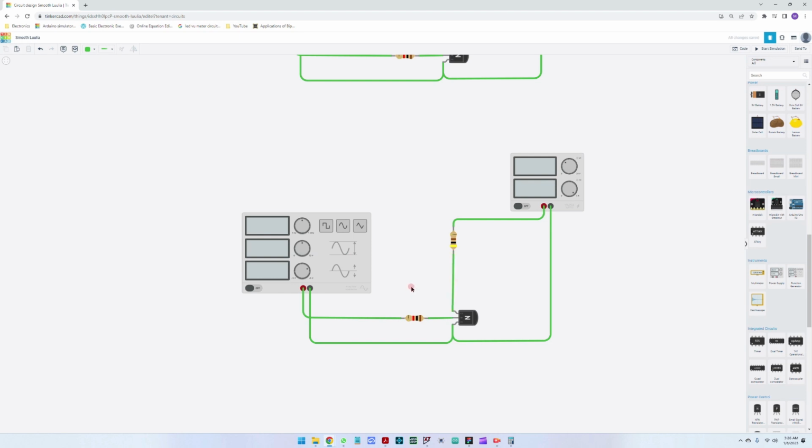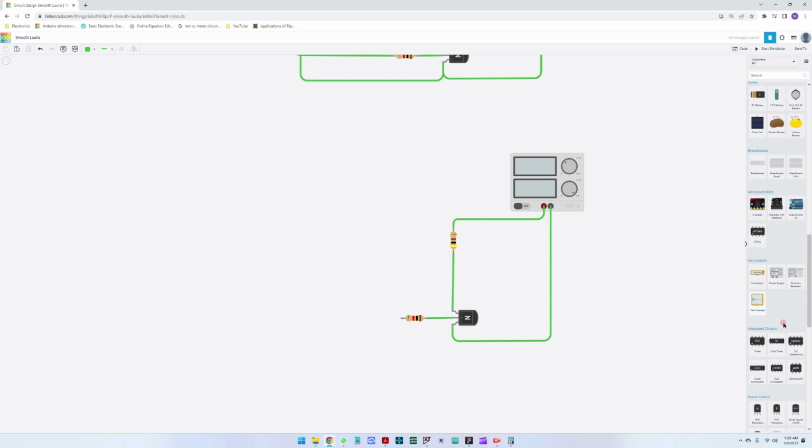So let me delete the signal generator and let us take a power supply here. So let us connect a power supply to the transistor, just that we see a bit what is the beta for this transistor. Maybe it's 100, maybe it's 50. How much is this transistor actually amplifying here? So let us connect the supply,